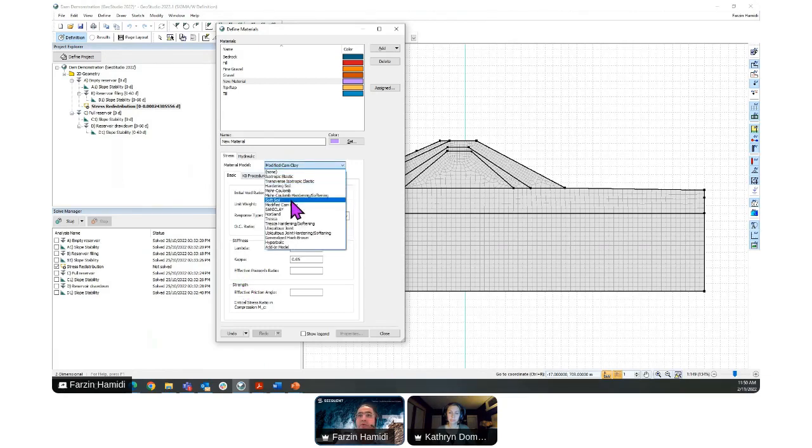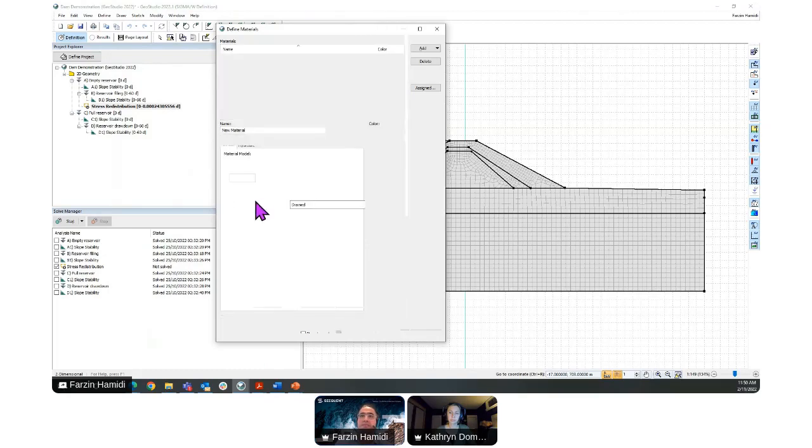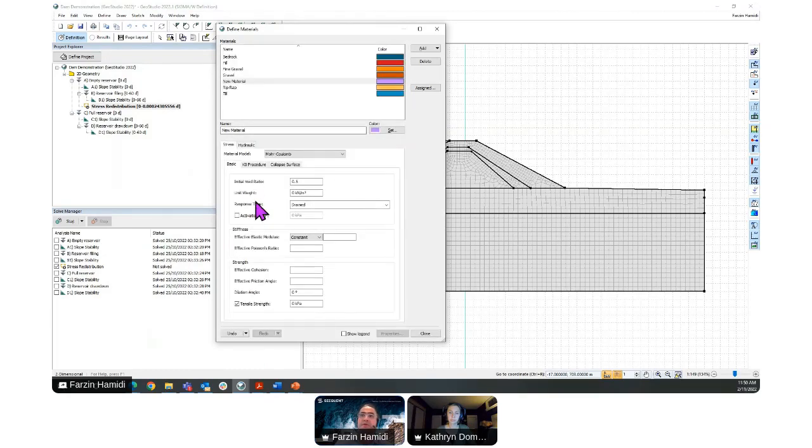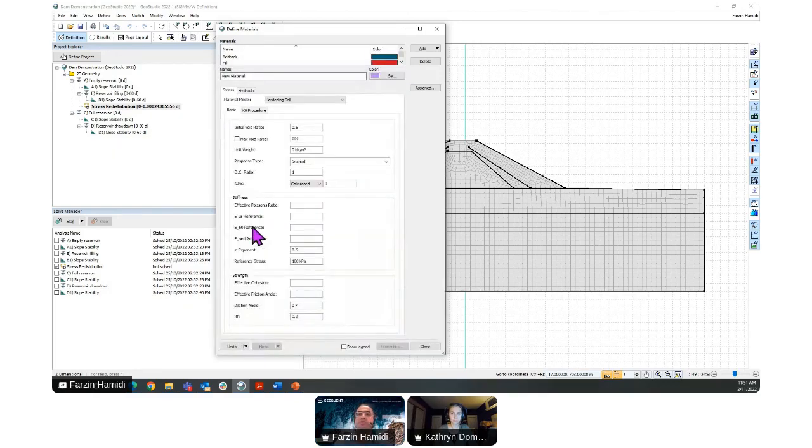Others, like the Mohr-Coulomb material, are simpler for the end user to understand, and there is a lot of information available in the literature for you to compare with your material model. So it's up to you as an end user, if you are familiar with the material models, to use them, but make sure to cross-check it first.